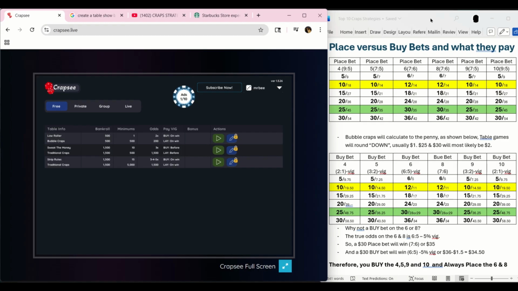So I don't really have a strategy per se to show today or to review, but I did want to talk a little bit about place bets and buy bets. What the difference is between them, how they get calculated, why they came about, and which ones are better to use in what circumstances. So I think if we just bring up